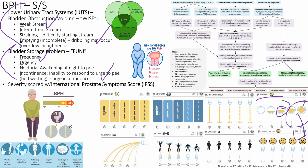Okay, so we mentioned about 90% of those over age 80 will get BPH, and it's all due to a hormone situation. They have decreased flow to their prostate. They might have inflammation from chronic obesity, right? And all these things are going to cause voiding symptoms. Okay, and then on the next slide, I think we talk about the complications that can happen if urine